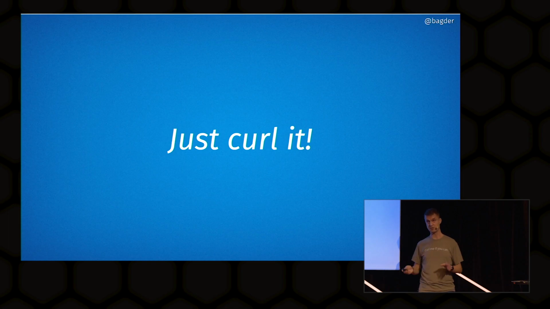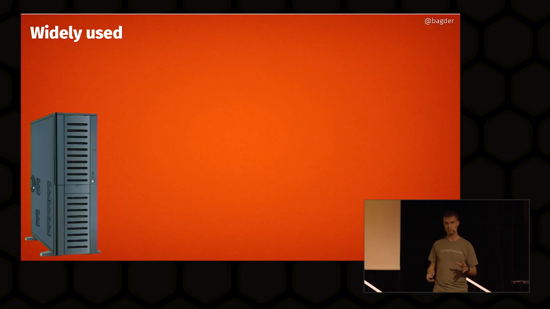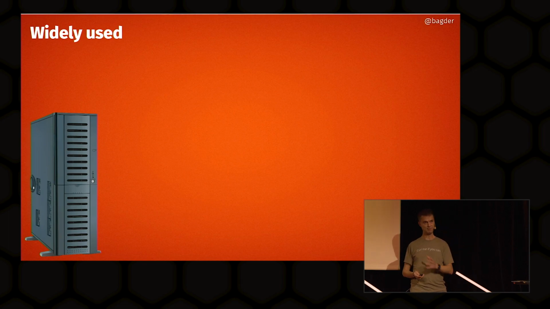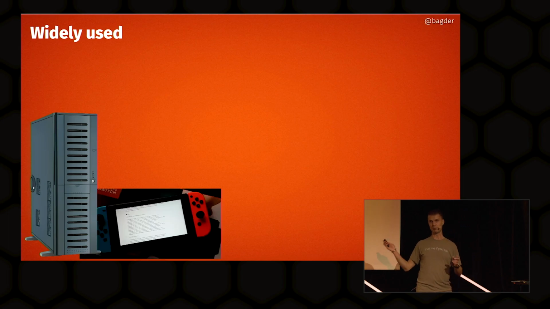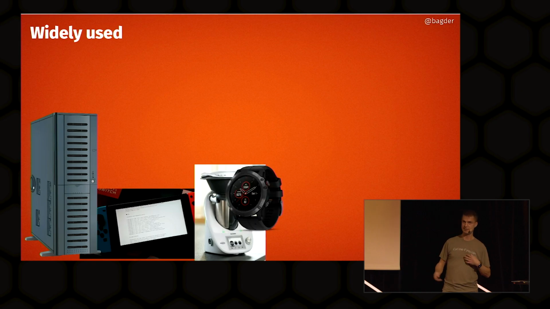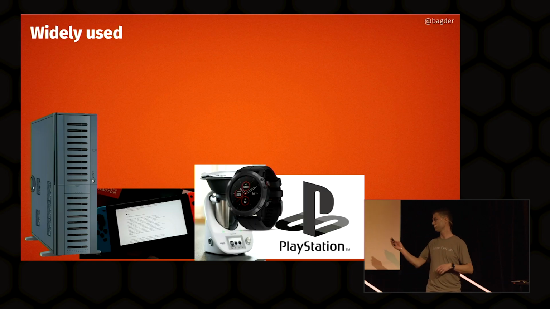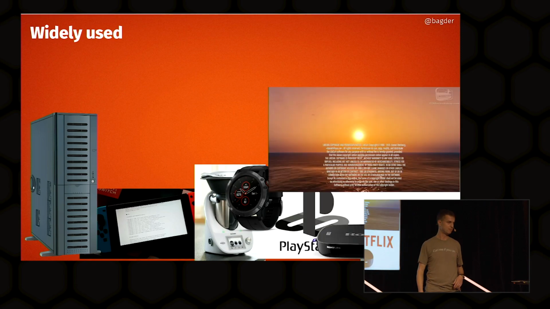But people are actually using curl in these things, you know? It's basically in every internet server out there. All the big ones are using it. It's the default HTTP transfer engine in PHP. That's a third of all the websites in the world, right? And it's in basically all the gaming consoles. It is in funny things like Blender. It's in your kitchen. It's in your watch. It's in most of those gaming consoles and other set-top box things.